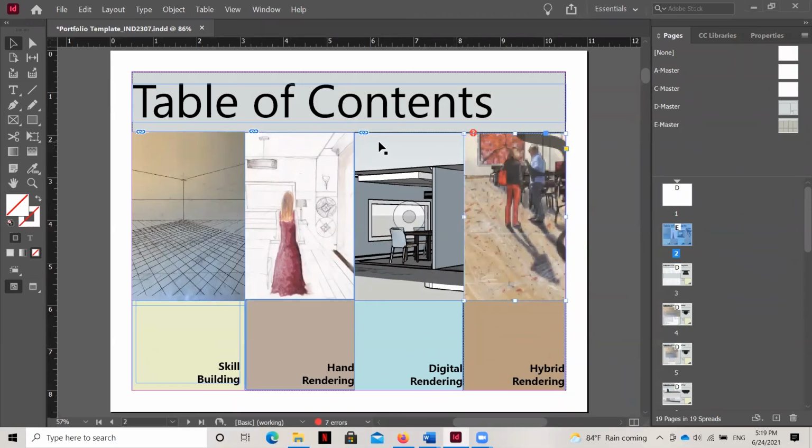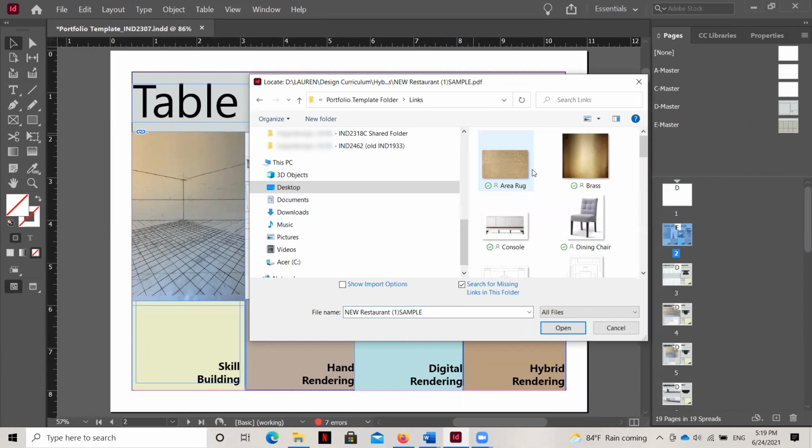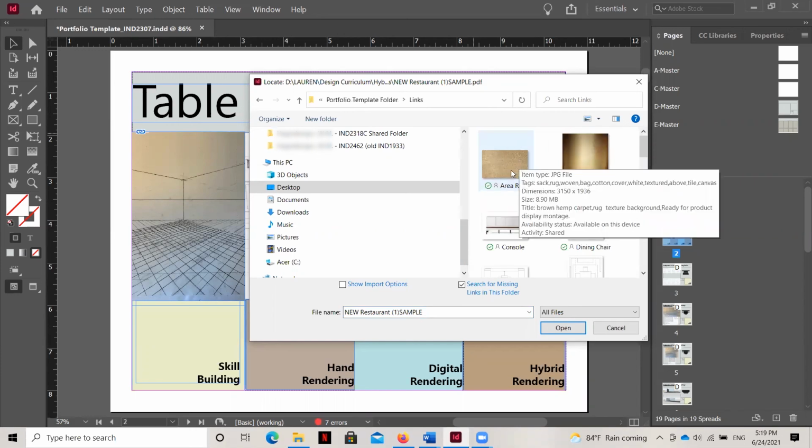But if I were to, for example, have a question mark here, all you do is click on the question mark and you say, okay, InDesign, that link is broken. That link isn't there anymore. Here is where the link is that you want. And then let's say I had that image here, I would just click on it and then InDesign would know, okay, that's what I have to link to now.